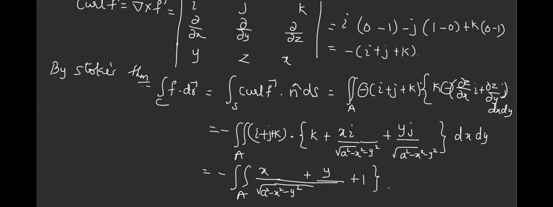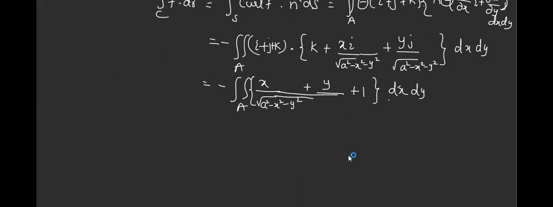This is very difficult to evaluate. Am I right? Which part will make it easy? Can you guess? This is a double integration and you are dealing with a sphere. So which part is easy? Just change into polar coordinates. So this is your homework part. You just solve it and tell me the answer.